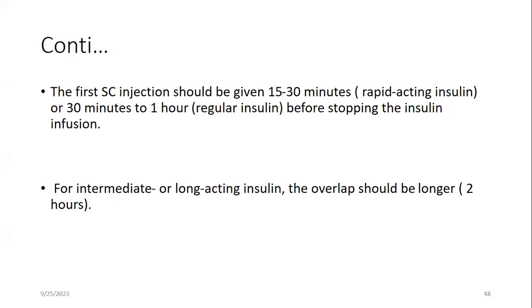So your instructions will be, during the next meal, we are going to transition this patient. If I'm using regular insulin, which is more common, 30 minutes before stopping the insulin infusion, you give your injection of regular insulin. Then 30 minutes later, you stop the insulin infusion, and it usually coincides with the time the patient is supposed to feed. So 30 minutes after you give the injection, we stop the insulin infusion and then you feed.